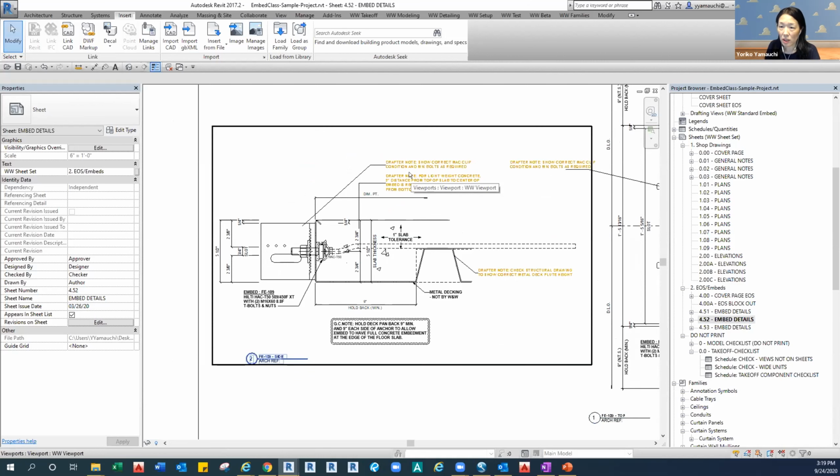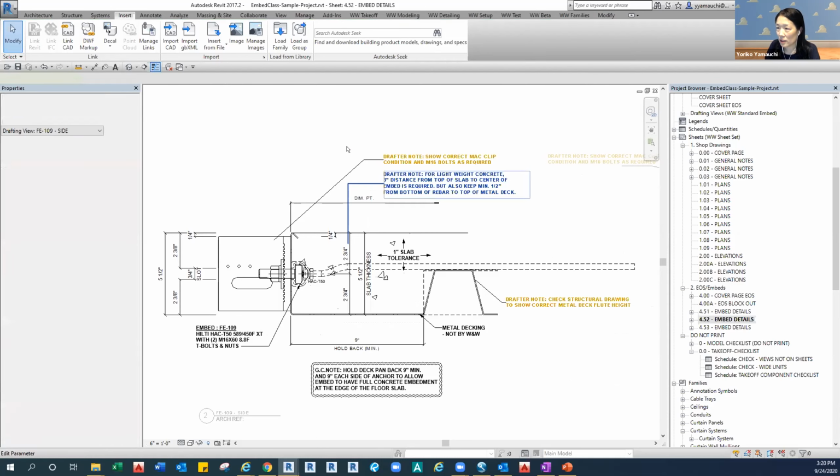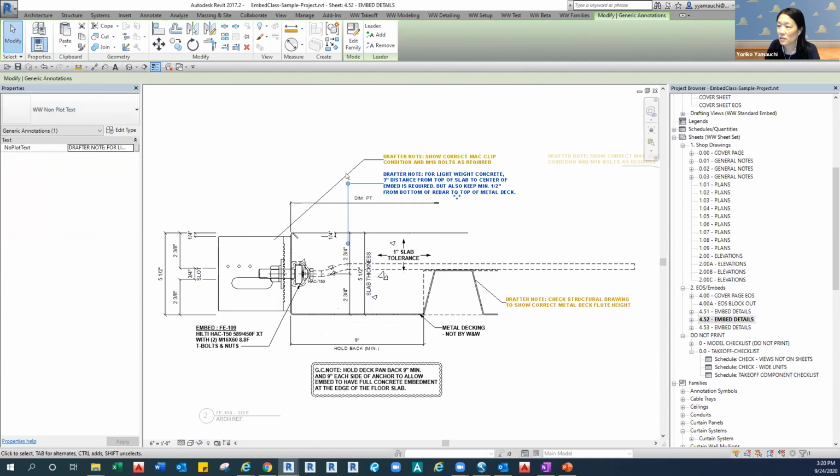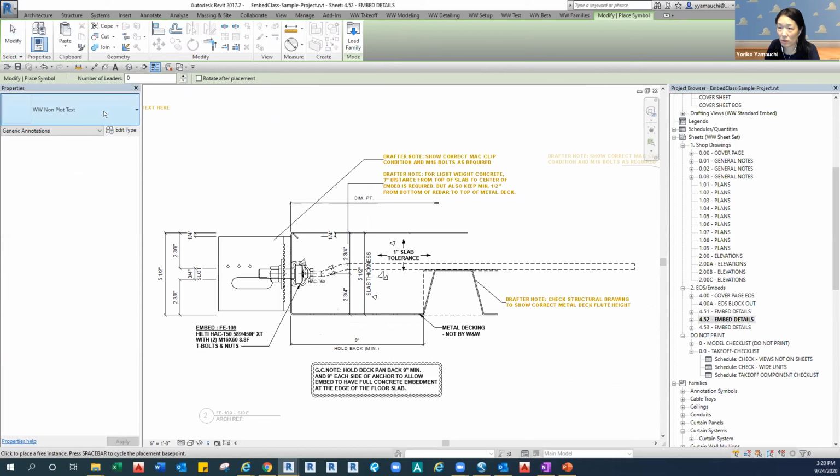And then if you'd like to keep those notes for maybe coordination or any purpose, this one is actually non-plot text. So it's shown on the details, but it won't be plotted when you use the sheet plot, like the construction layer in CAD. So you can use this one for communication to the other drafters also, or for any stuff you are still coordinating with the GC or architect, just use this one. That one is the non-plot text. You can copy that guy, or you can also go to annotate symbol and then you can insert.